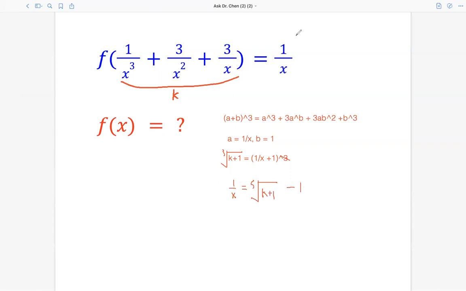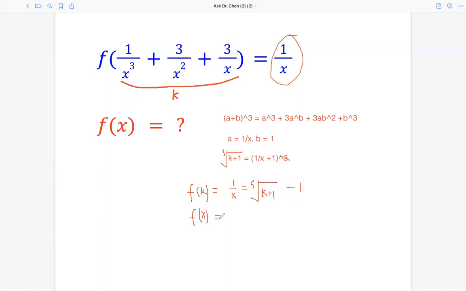So what is 1 over x? 1 over x equals f of k. So this is f of k. Bingo. So we see our original function. So the k is just a variable, right? We can substitute this k into x. So that means f of x is a cube root of